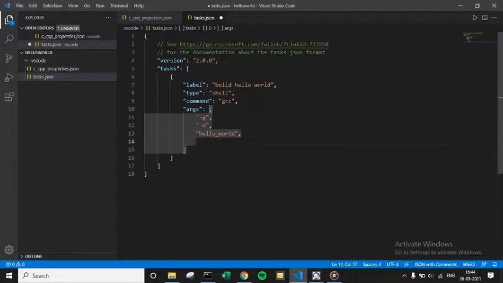Then you have to specify the source files. The source file is the place where you write all your code, and hence we will specify the source file. You can specify it as hello world.c, but I'm gonna specify main.c because that's my routine. I'm gonna write everything in a file that is the main file.